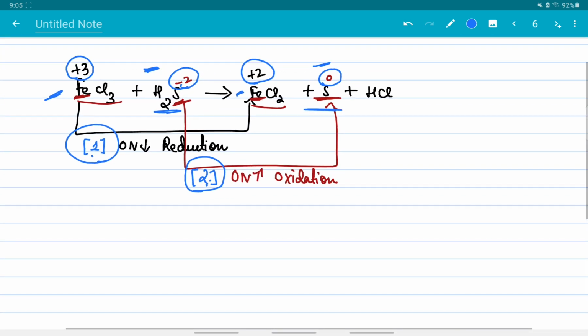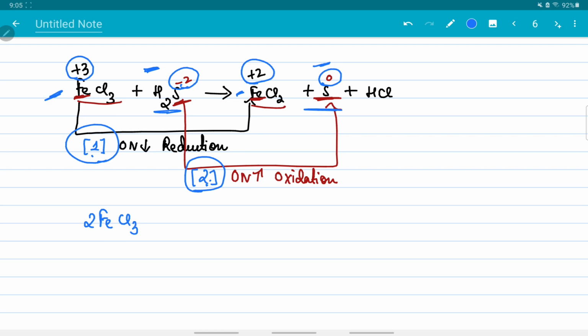Okay, so after multiplying, what we get as final equation is we have to multiply this 2 to this Fe3. So it becomes 2 times FeCl3, because 2 Fe was going under reduction, and it gets multiplied with the oxidation differences. Okay, so it becomes 2 FeCl3 plus, now this H2S is the oxidation equation, so we are going to multiply this with 1. Okay, so this becomes H2S. That is what cross multiplication means. We are multiplying the opposite differences.